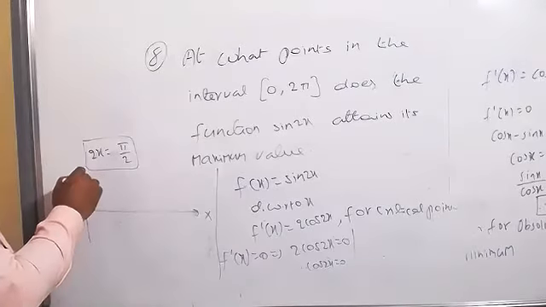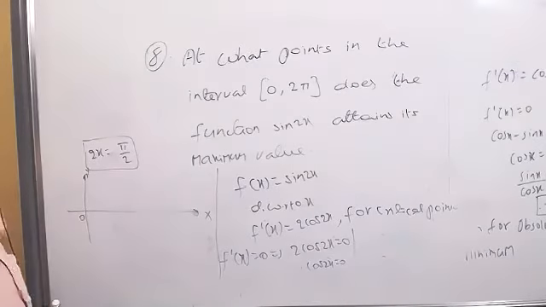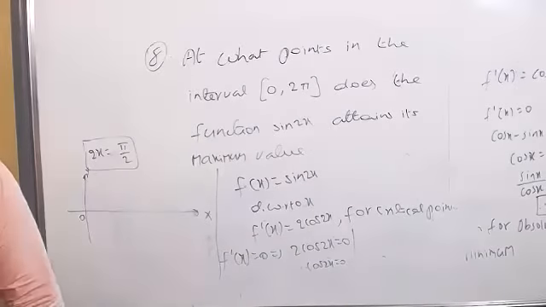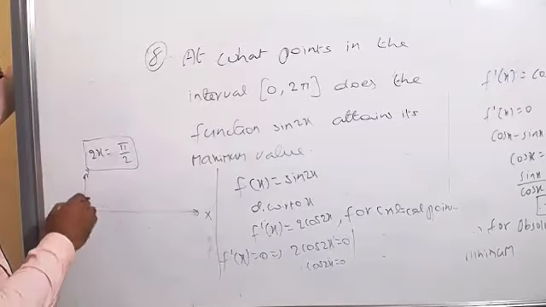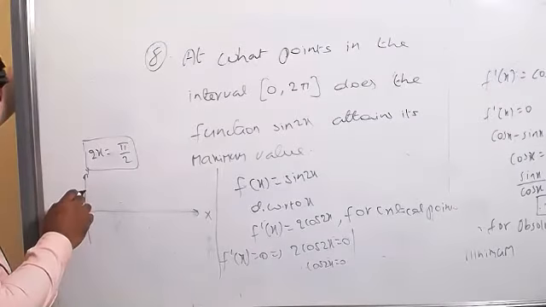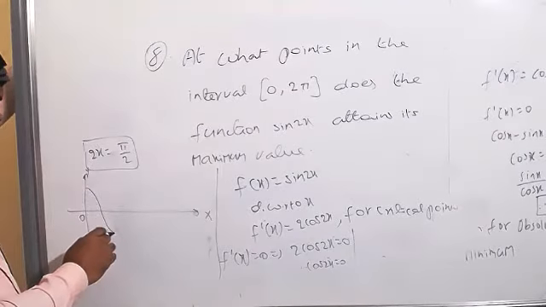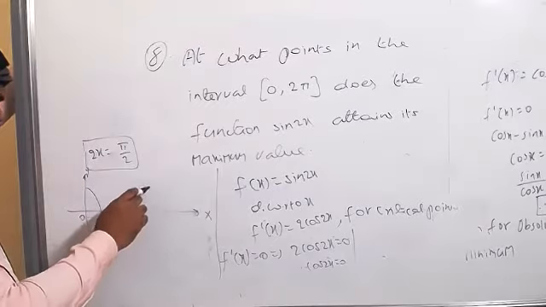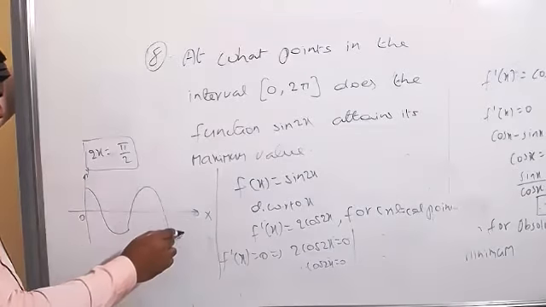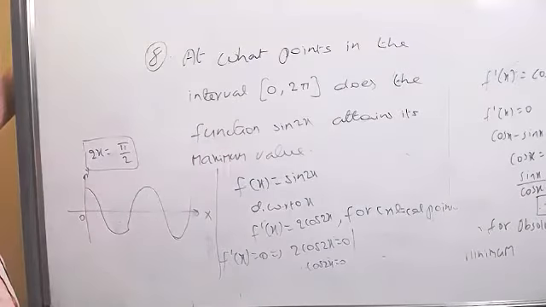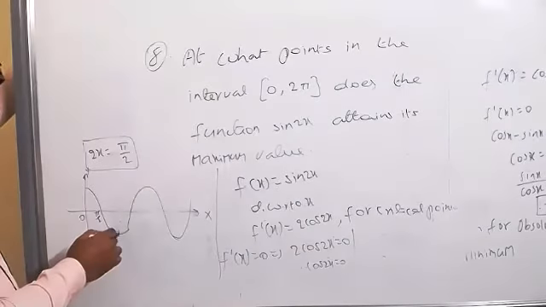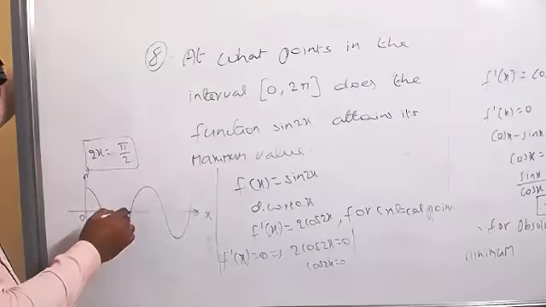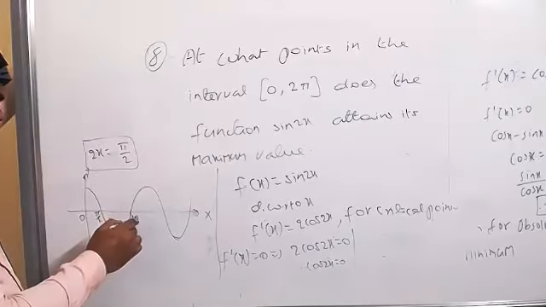If we take an x-axis and y-axis, here is the origin. The graph of cos x, clearly it's not passing through the origin, so we get it like this. Sir, x is pi by 4 and minus pi by 4. Observe this condition now. This is pi by 2, this is pi, and this is 3 pi by 2.